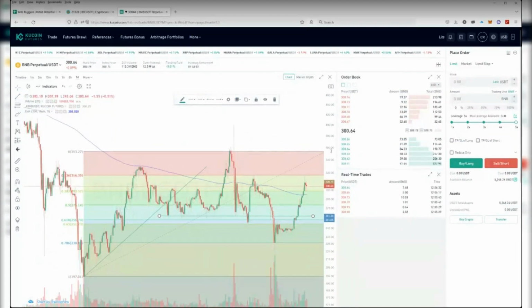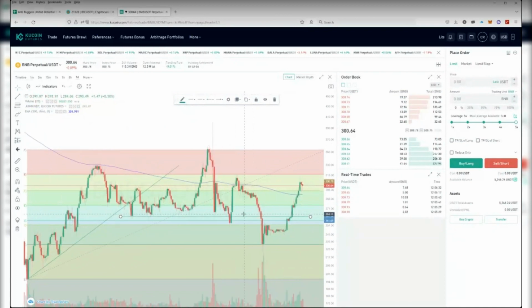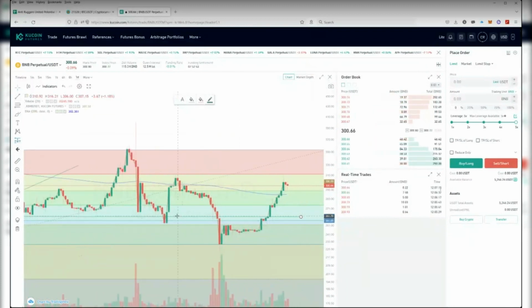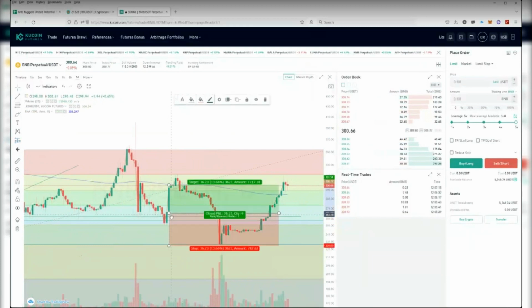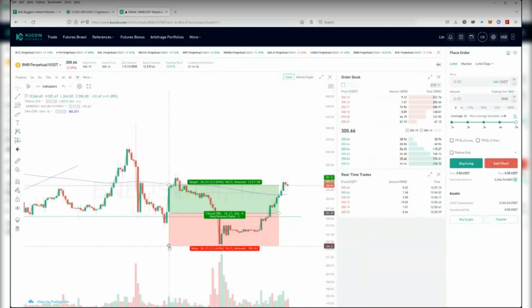And how do you know when to close it? When it's over or touching this 200 moving average? That's why I don't close. That's why, because if you draw the risk to reward ratio here, let's say you open this trade here. Let me delete this so it doesn't get in the way. And my stop loss is here.